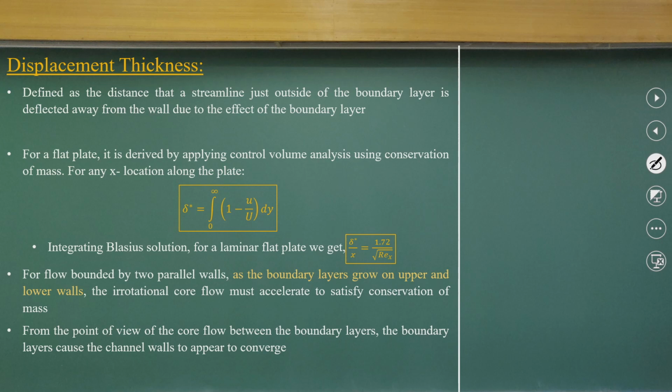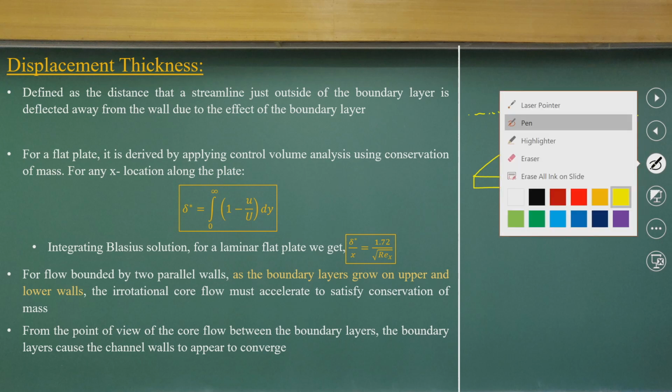As we know, boundary layer thickness develops in the region close to the wall. The basic idea is, if I take just a pre-streamline, which I can consider as a streamline